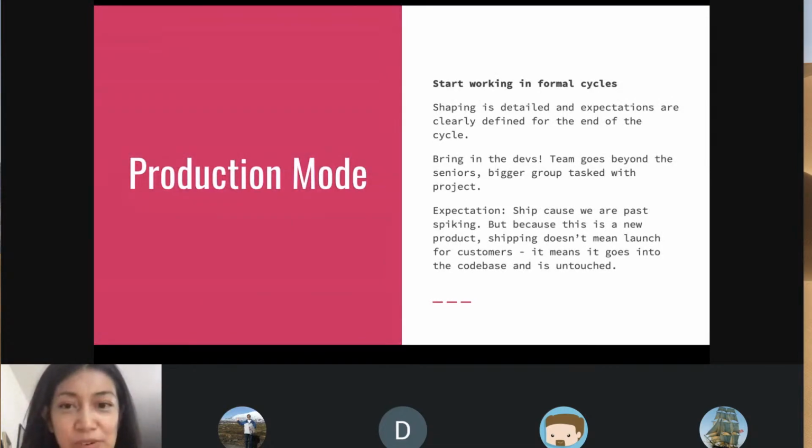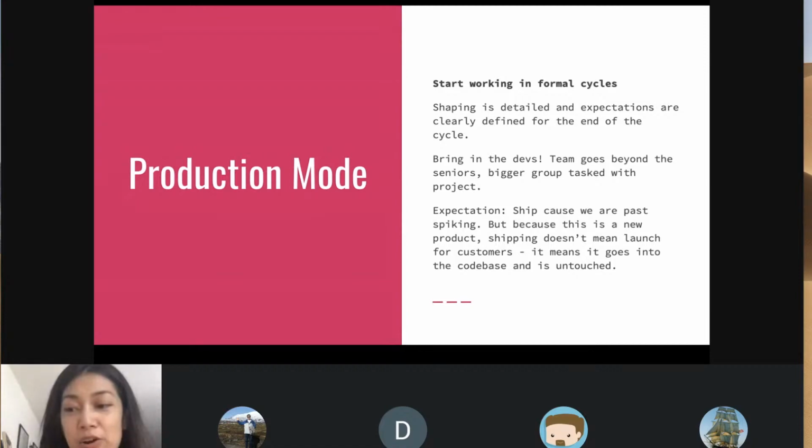Then when they actually get into production mode, the shaping is detailed and expectations are clearly defined for the end of the cycle. This is when it starts to look more like a typical 6-week cycle that we've been talking about. You bring in the dev team, right? So the team goes beyond these seniors. The bigger group is tasked with the project. The expectation is now to ship,